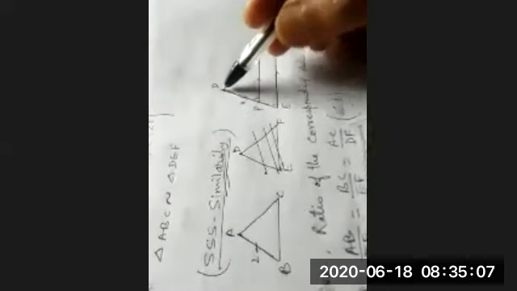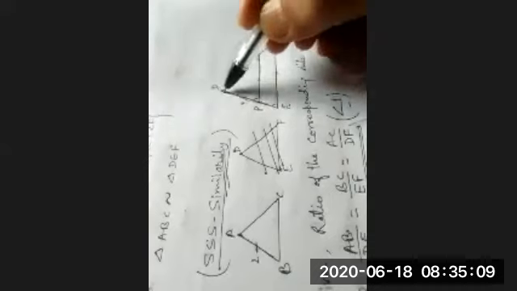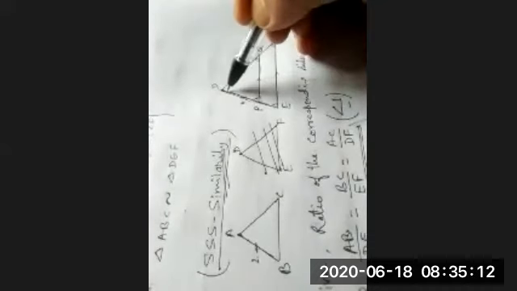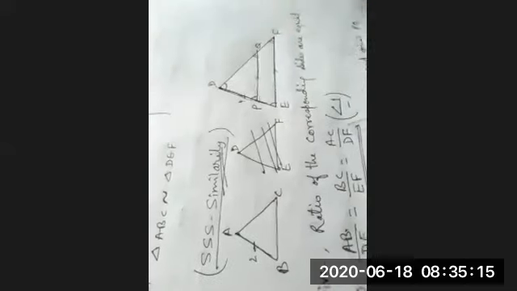So in this way, if the two angles in the two triangles are equal, then the third angle will also be equal. So by similarity, you can write triangle DPQ is similar to triangle DEF. Yes or not? And here you can also write angle D is equal to angle D, because one triangle is this and one triangle is this. So D is common in both. That's why it is written angle D equal to angle D.